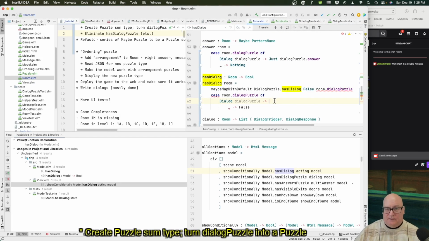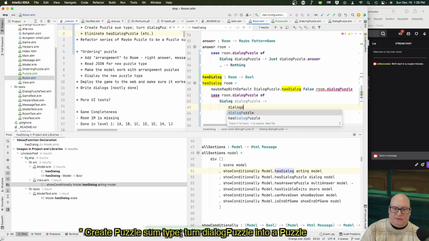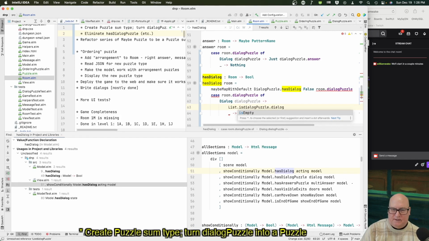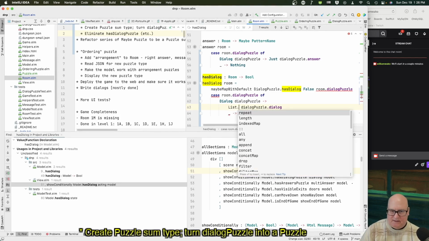Okay. Well, it's true if dialog puzzle dot dialog dot, I guess list dot is empty. If it's empty, it's false. If it's list dot